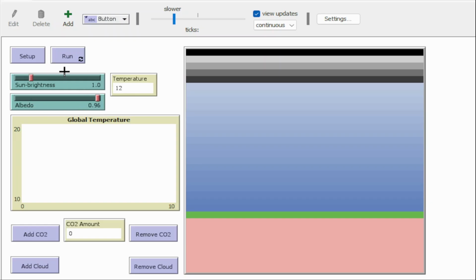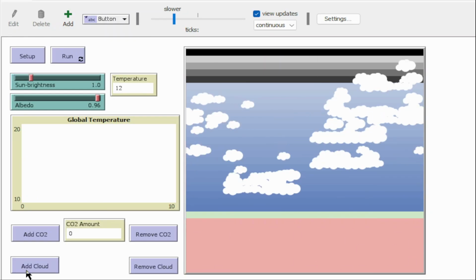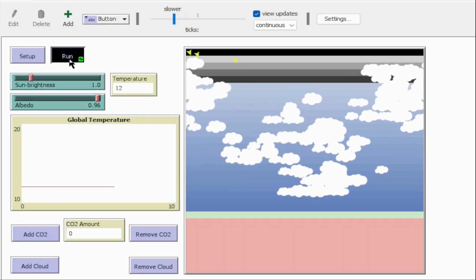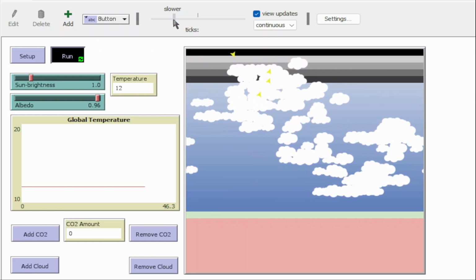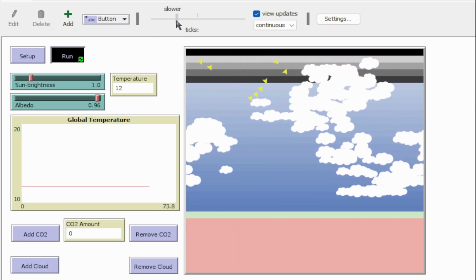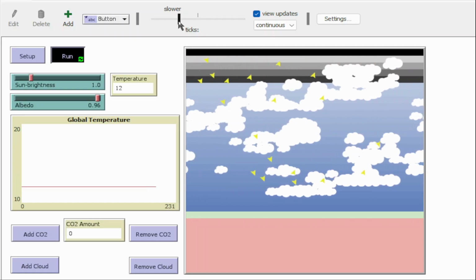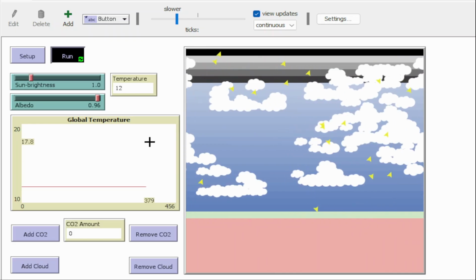To start with, let's say we are starting in an ice age with a 0.96 albedo and the sunrise of 1. I'm not going to touch that. Let's set up the model and then add a bunch of clouds to the atmosphere. Okay, and start running this model. So as you can see, the sunrays are coming down. Not all of them are passing the clouds. Mostly they are returning, and the very few hitting the ground are also reflecting because of the icy nature of it,